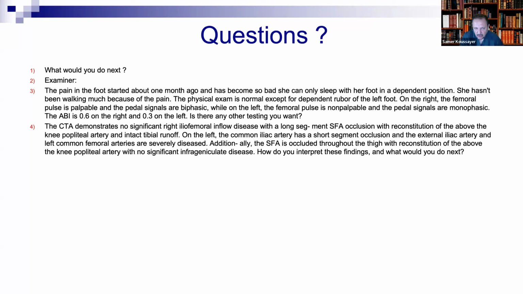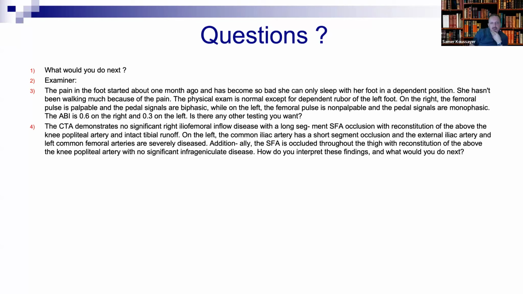Remember, her symptom is in only one leg, correct? Yes, on the left leg. This is her symptom. She has no symptom on the right. Okay? So with this finding, what do you think is going on? What's your plan? She has acute on top of chronic due to thrombosis.